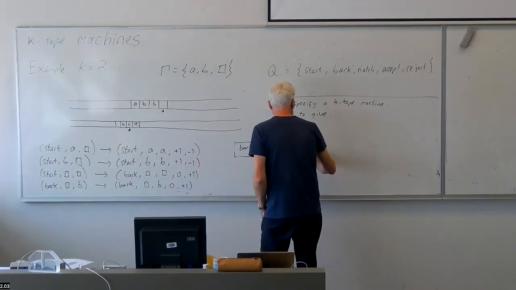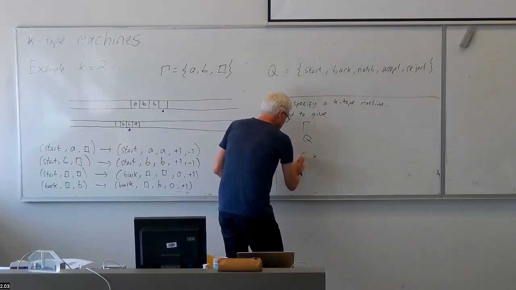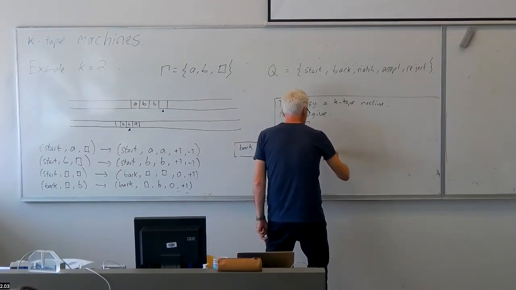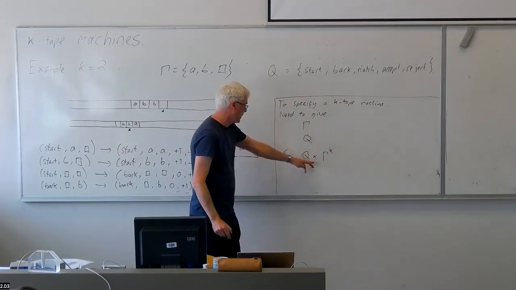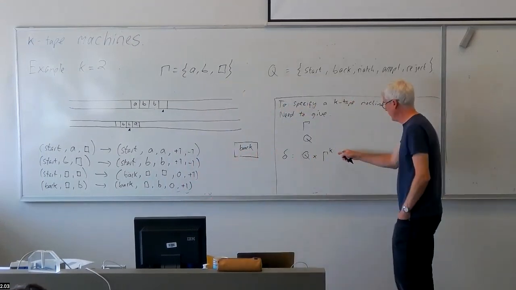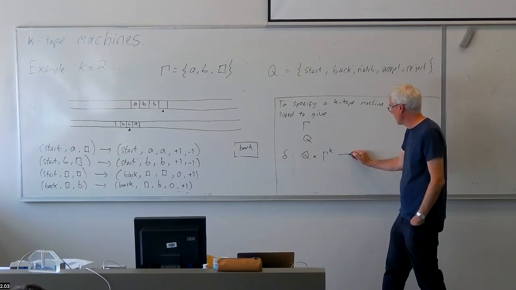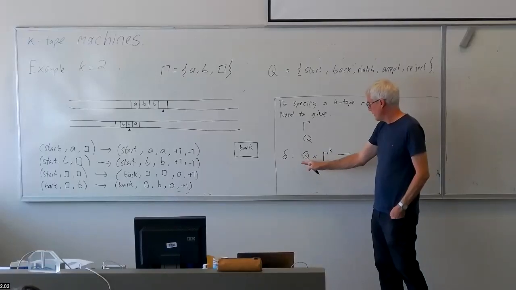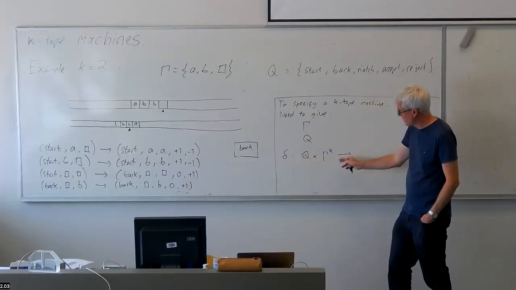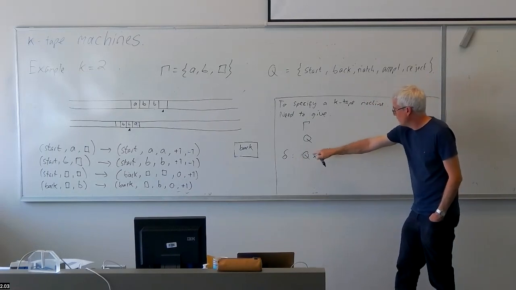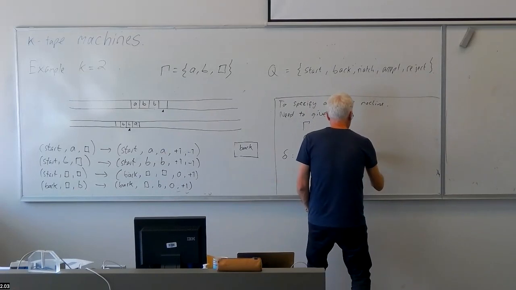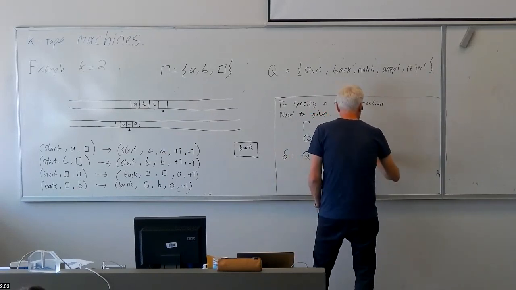So the information it's going to take for its argument is the state that we're currently at, together with a k-tuple of tape symbols, one for each of the tapes, which are the symbols that the k heads are looking at. And the instruction takes us, it's a partial function, defined on some set of such k plus one tuples, a k-tuple plus a state. And what it takes us to is, again, a new state, together with